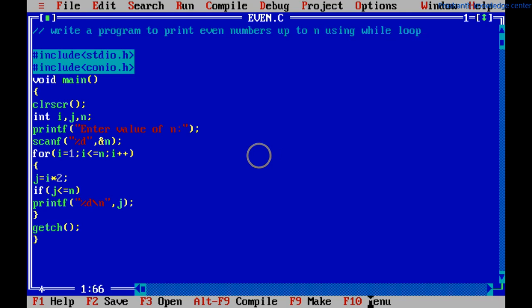Here, in for loop, the advantage is in the same function we can initialize, we can give the condition, and we can increment the value. In the same function we can do all the three things. But if we use while loop, we have to do it in different places. Now for that,